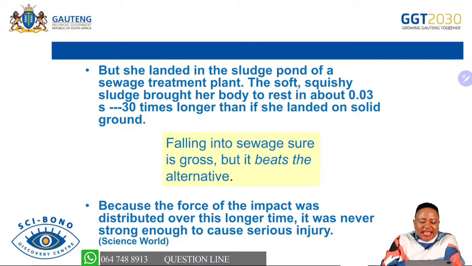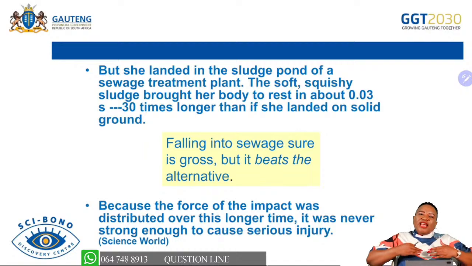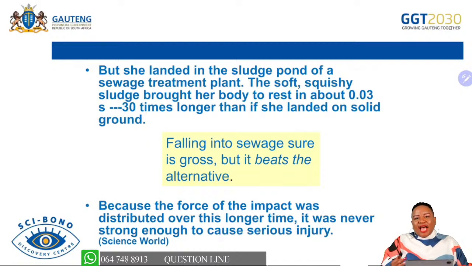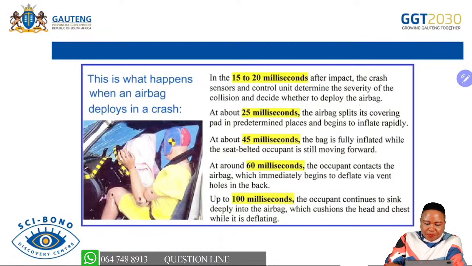These are just scenarios that we can expect on momentum, and the reason they were included is for you to understand more about the application of the law of momentum. When a certain force is exerted on you, there will always be a relationship between the time of contact between you and the surface and the force exerted on you. These are a few examples so that you understand the relationship between the net force and the time of contact, or the net force and the time over which the force is applied.